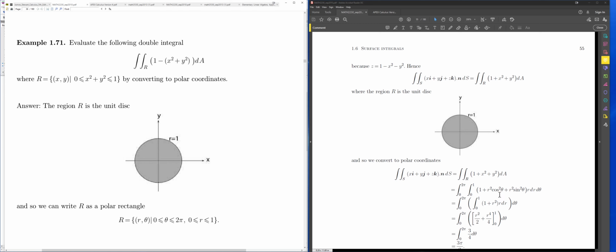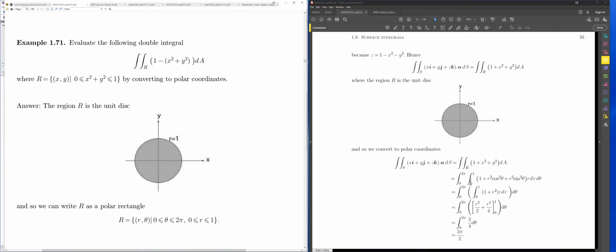What I need to do now is simplify this. So here I could factor out the r squared. I have cos squared plus sine squared, which means that I just have r squared here, right? Or if you want, you could remember that x squared plus y squared just works out to be equal to r squared when you do the conversion to polar. So this integral here simplifies to this,